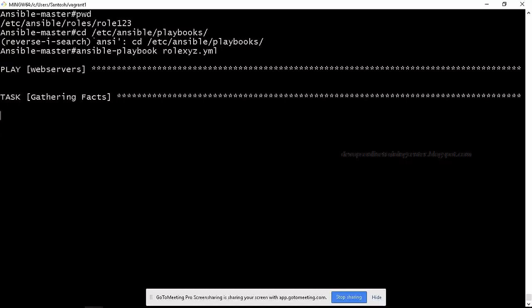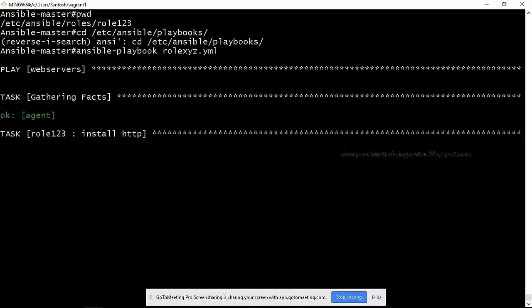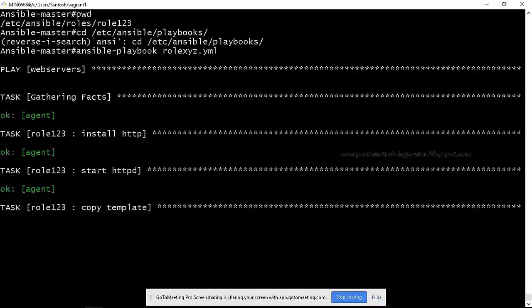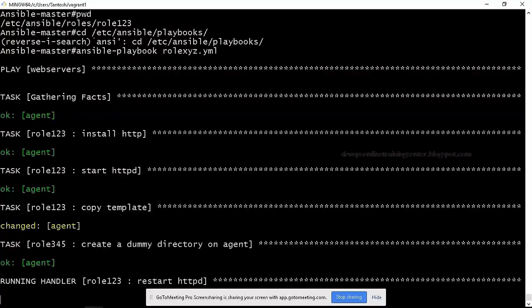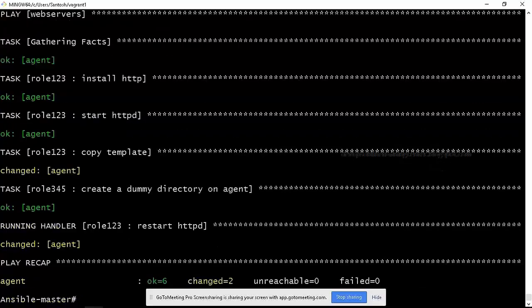So when we write a playbook, we segregate it into different directories. The main tasks directory will have all the tasks to be performed. Handlers will have handlers to be notified and restarted. Your vars will have variables. Defaults also will have variables, right? Templates will have templates, and files will have the files.